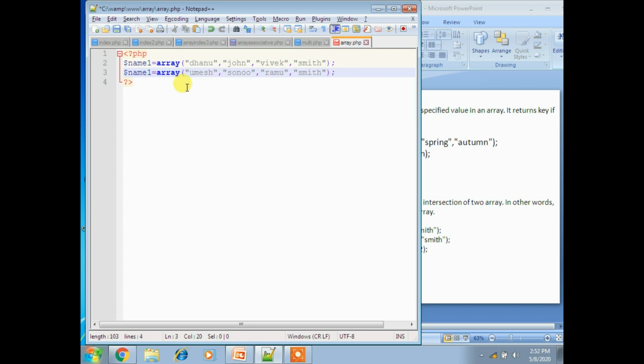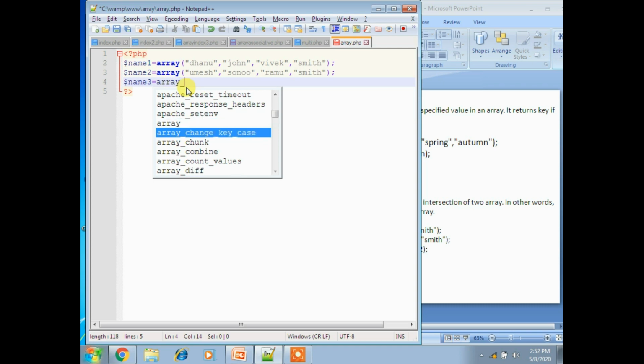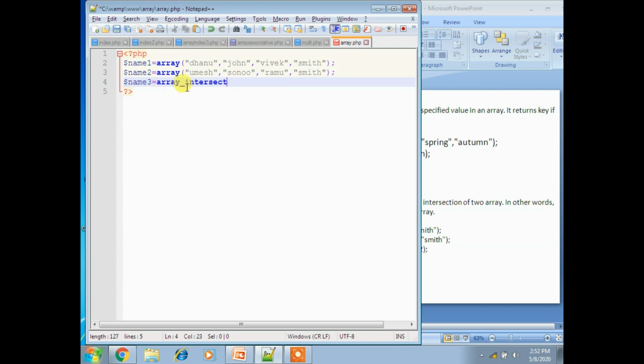Now for this I am taking name 3 equal to array_intersect of dollar name 1 comma dollar name 2.